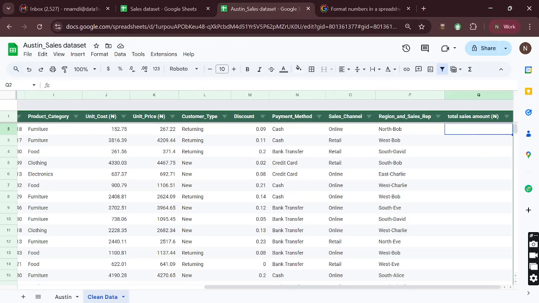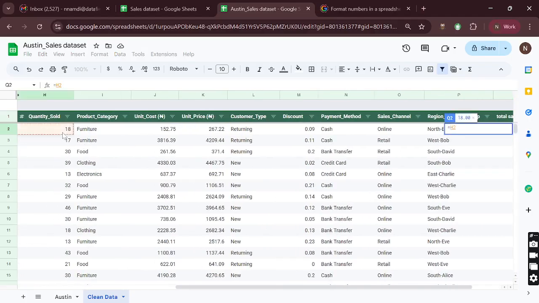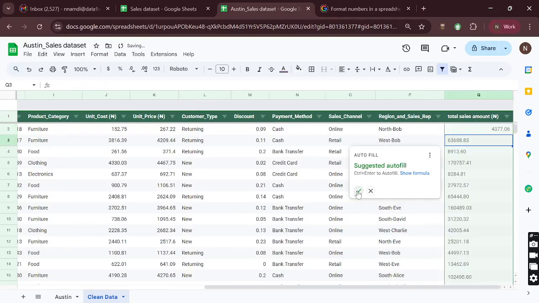To do that, this is going to be equal to the quantity sold multiplied by the unit price, that is H2 times K2, and that gave us 4,809. Like I said, I would need to take out the discount, so this will be wrapped in a bracket, minus the same product, H2 times K2, times the discount, 9% of it. So when we do this, let me accept this autofill suggestion, we obtain